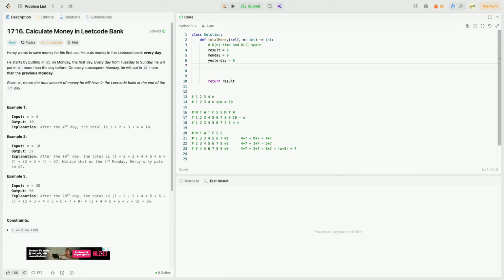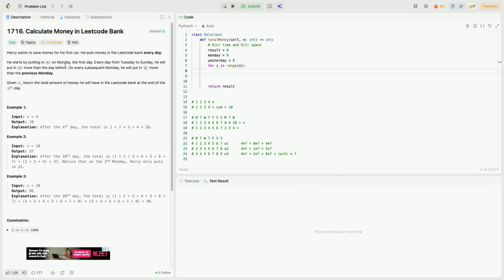So the next thing we'll do is we just iterate over all of the days that we're going to invest. Now we have to check, okay, what day is today? Is it Monday? Is it not a Monday? So let's check. What do we do when it's Monday? Well, let's say the Monday is the day at index 0, 7, 14, etc. So if that is